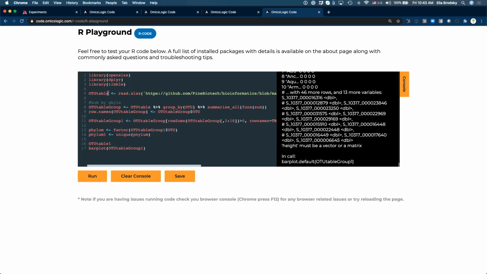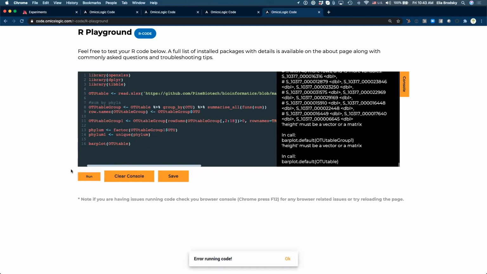So if we take OTU table, let's just try this real quick. Height must be, yeah. So here, the problem is that every time we take these, we're going to run into this problem with the column or the row names being in a column.